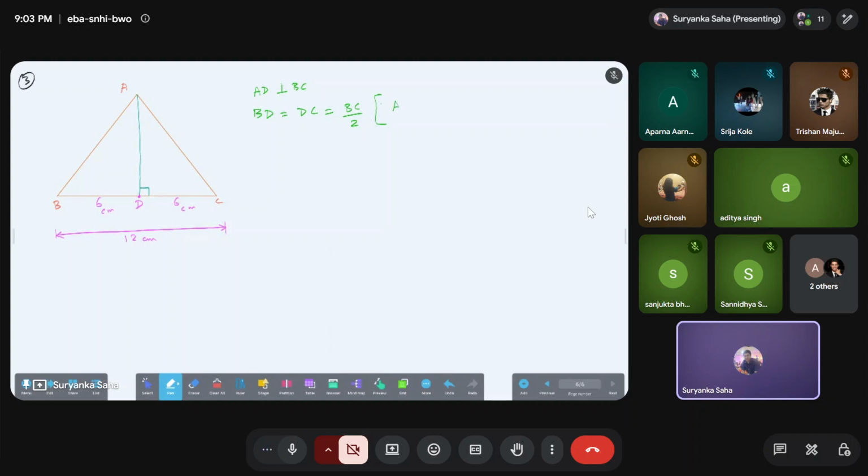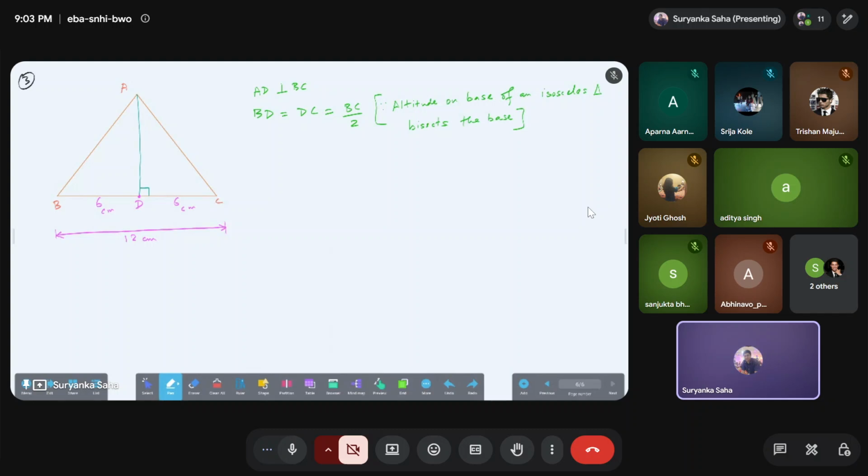Altitude. statement লিখতে হবে কিন্তু. Altitude on, you will not get marks if you don't write statement. On base of an isosceles triangle bisects the base. স্যার, হ্যাঁ বলো। স্যার বলছি, AD is the midpoint of BC, এটা লিখতে পারি? ওটাই তো লিখলাম, ওটা লেখার দরকার নেই। এটা লিখছো মানে এই যে BD equal to DC equal to BC by 2 লিখছো মানেই মিড পয়েন্ট।